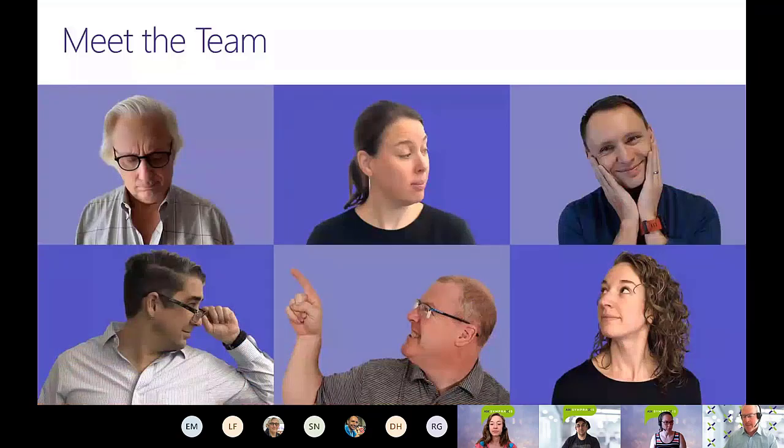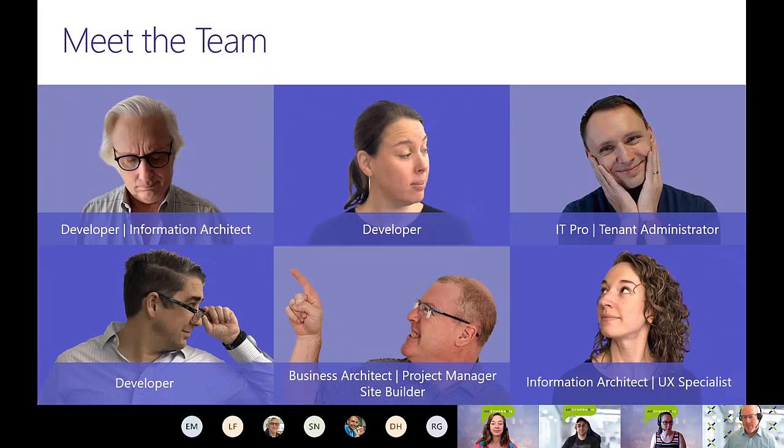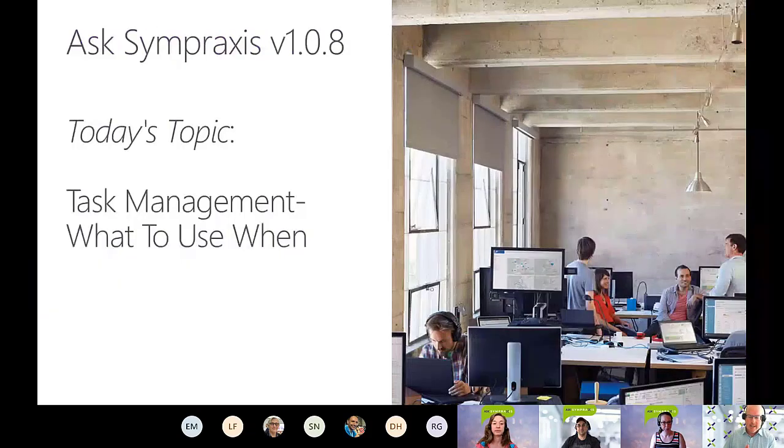So the topic today from this lovely team of professionals here, each from our own different role and perspective, is this. It's about task management and what to use when. There's an enormous amount of capability coming from Microsoft regarding task management. And as we talked about when we assembled for this call, 3 out of the 6 of us still use to some degree paper because we're better at taking notes than typing, or it's handy, or it's the way I've always done it, et cetera.